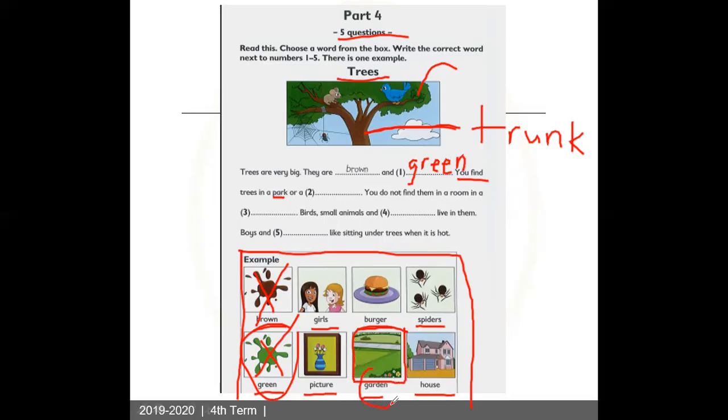So we also can find trees in a garden. So you just need to write the word garden. Okay, so let's try. Write the word garden. Okay, good. So it says here, you do not find them in a room in a